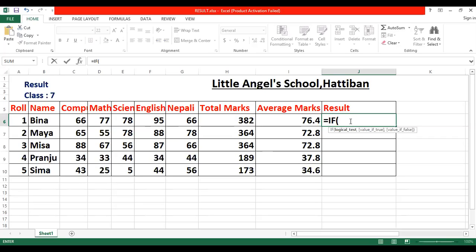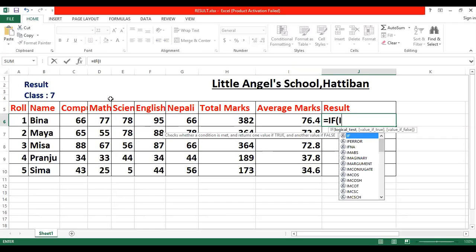You will type equals IF, open bracket, then give the cell address of 76.4, the average marks. What is the column of this data? That is I, and row number 6.